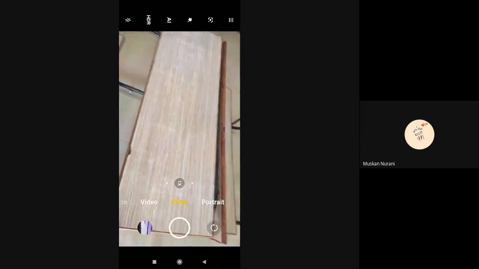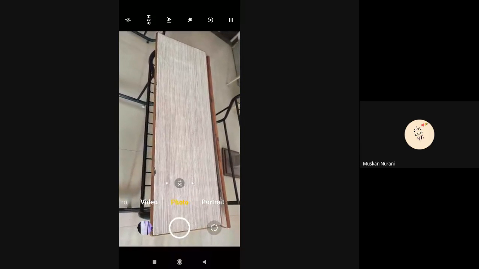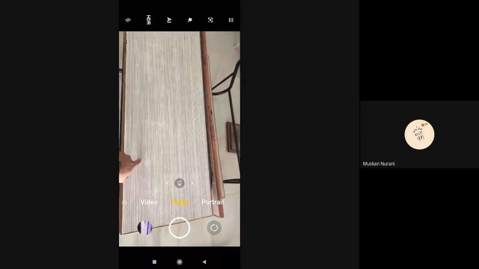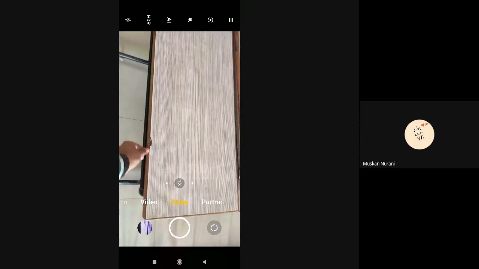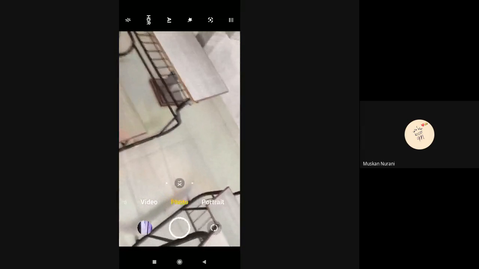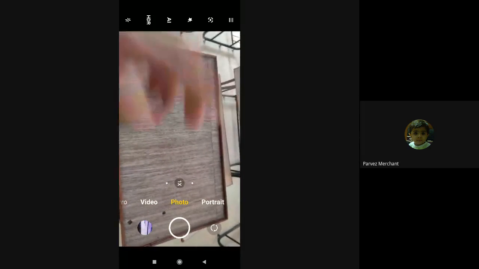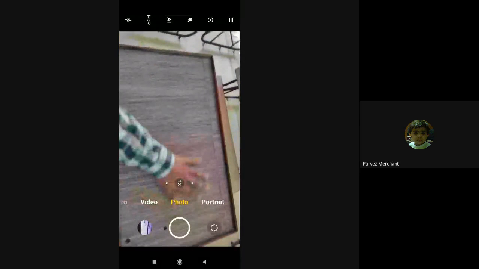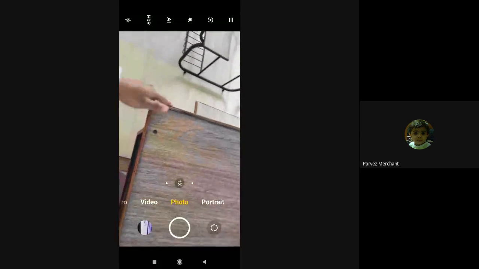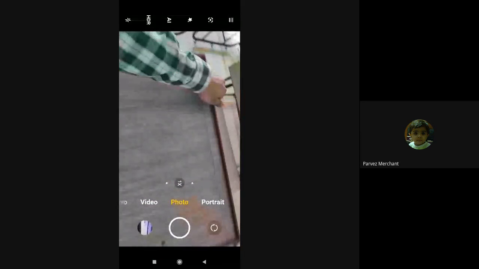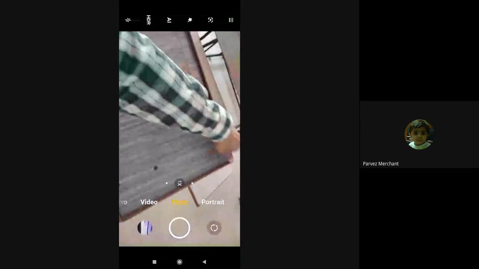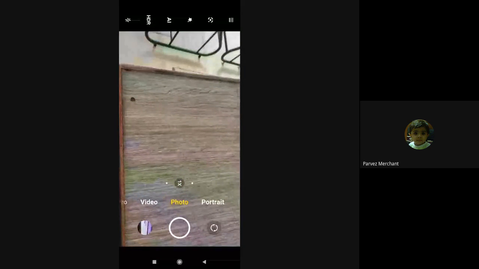Now you can see the example of your benches. This is known as area, but these wooden strips are known as perimeter. Are you getting the concept of this? You can see here the lecture table. In this lecture table, this is area, but instead of this, the border, the wooden strips, is known as perimeter. Are you getting it?